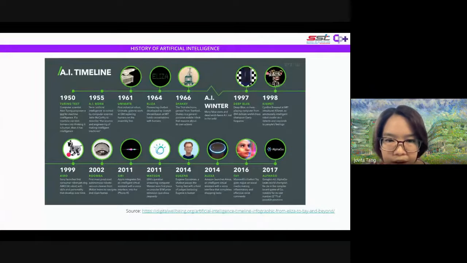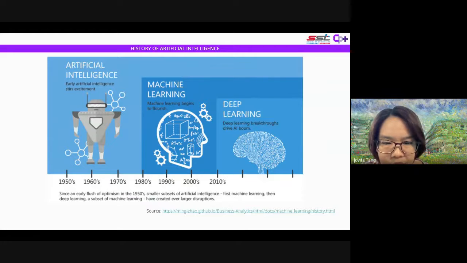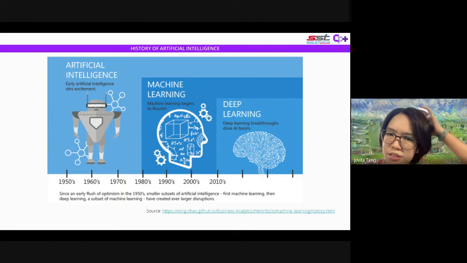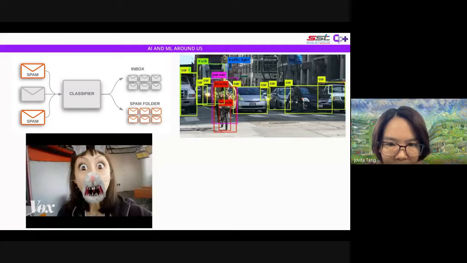We briefly let them understand about AI, how AI has progressed in the past from rule-based AI to now it's all data, learning from data. Yeah, and how AI has progressed over the years. So deep learning and machine learning are the more common ways of applying AI nowadays. The most common, in fact. I think very few people, if any, still do rule-based, because rule-based is just too tiring to have an exhaustive list of all the rules required. Yeah. So these are some of the use cases we